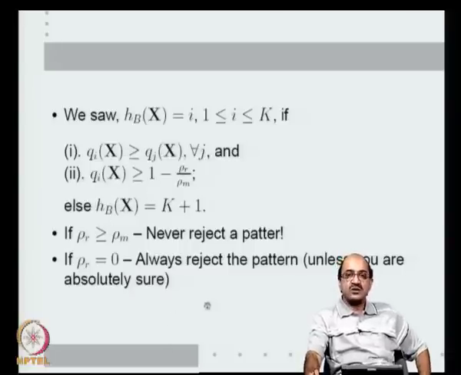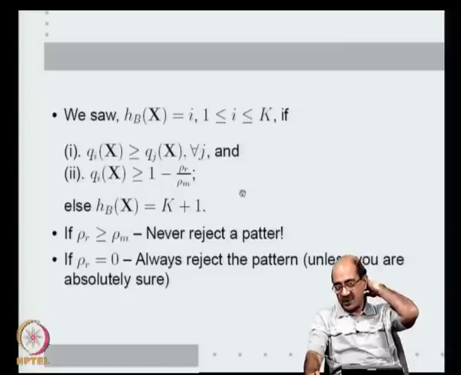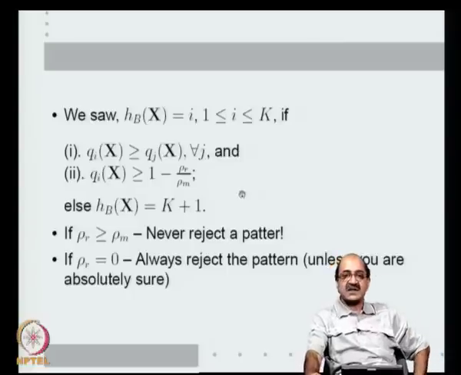Unless I am absolutely sure, it is better to reject a pattern, because rejection costs me nothing. So, these are just extreme cases for us to understand that this is nice. This is another example of how I may derive a Bayes classifier, where classifier actions may be different from class labels. Here we have one extra action, namely the reject option. Okay. So, with this example, we will stop discussing examples of Bayes classifier.